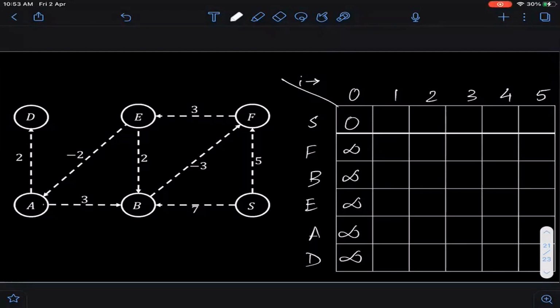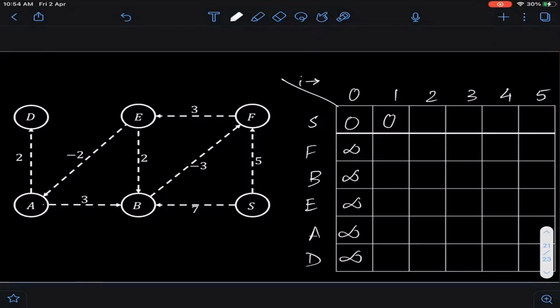Okay, so how do we fill up the second column now? For S, I think in this case it's very trivial. There are no negative cycles in my graph. I have made sure that's not the case. So I will just inherit the value of 0. Now, what should be the value of F comma 1? 5. Okay, so from the picture we can see that this should be 5 because the shortest path from S to F which uses only one edge is clearly going to be 5. But let's see if our recurrence also gives us the correct answer.